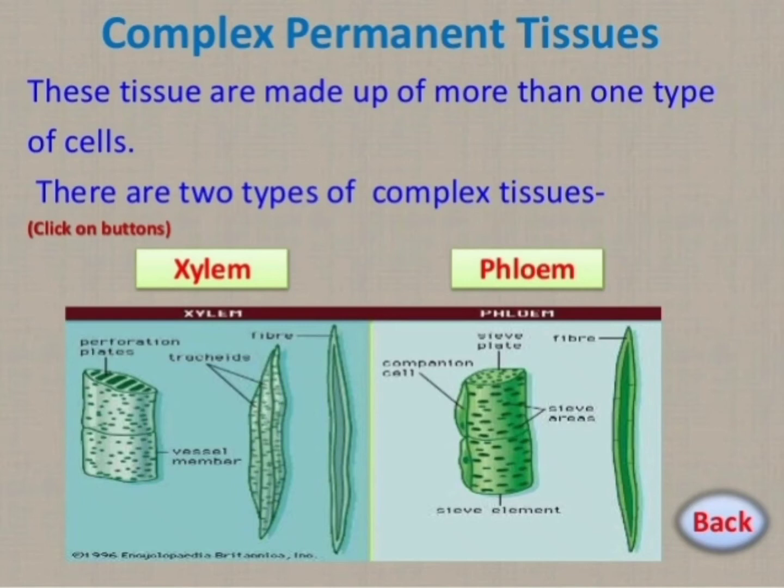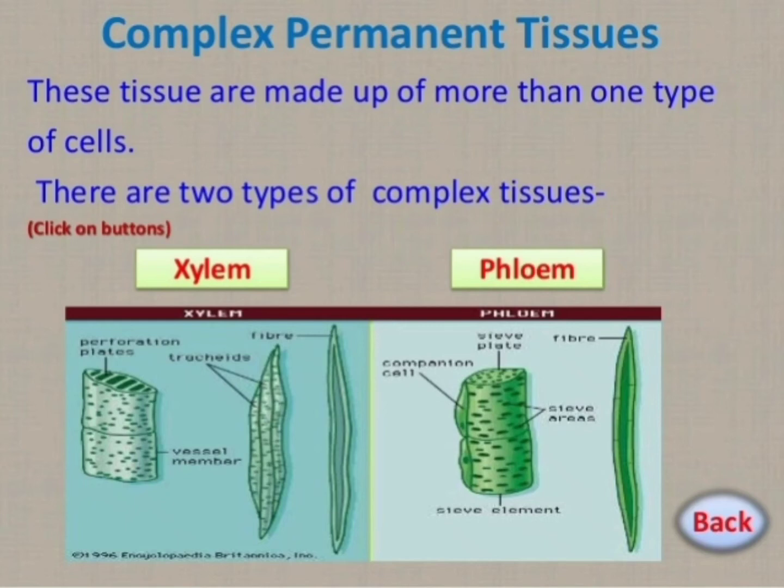They are those permanent tissues which are made of more than one type of cells which work together to perform a particular function. Common complex permanent plant tissues are conducting or vascular tissues, and these are of two types, xylem and phloem. They join together to produce vascular bundle. Vascular or conducting tissues have made possible the survival of plants in the terrestrial environment.